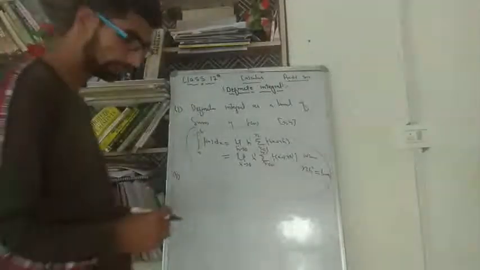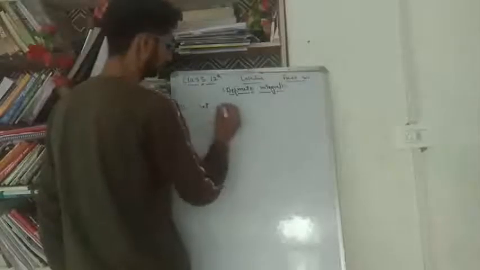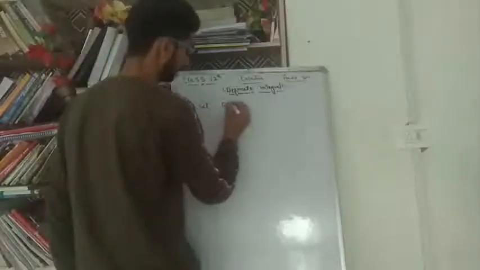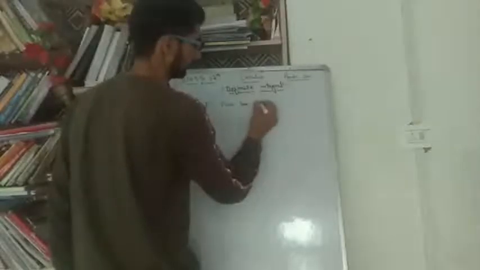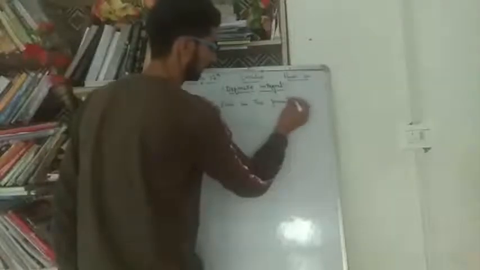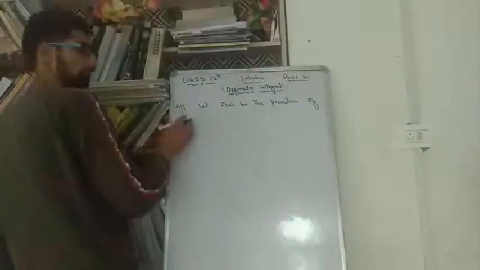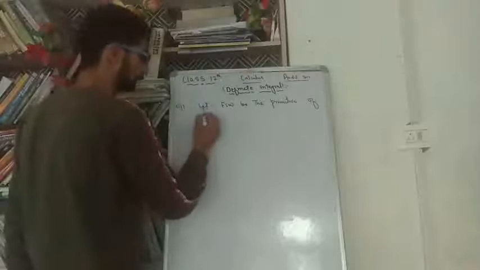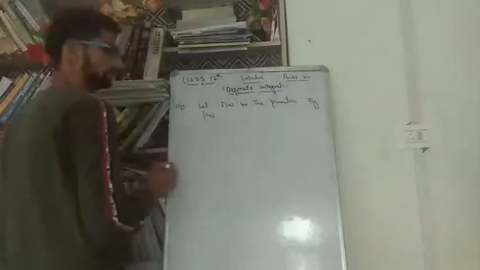And the second method is what we have to apply here. First method is definite integral as a limit of sum, and the second method is: let F of x be the primitive of this f of x. Then